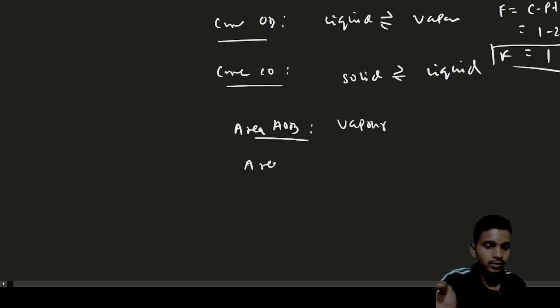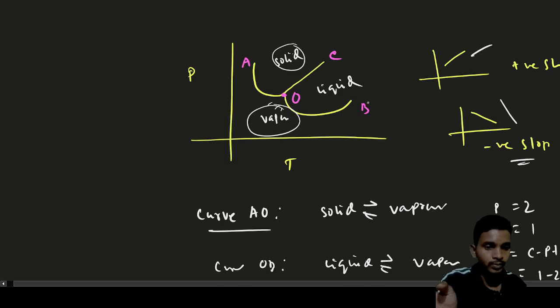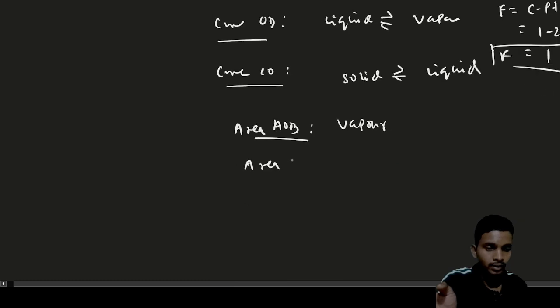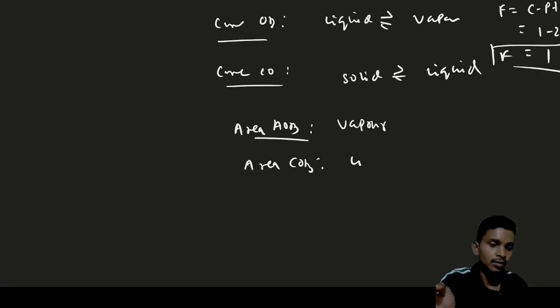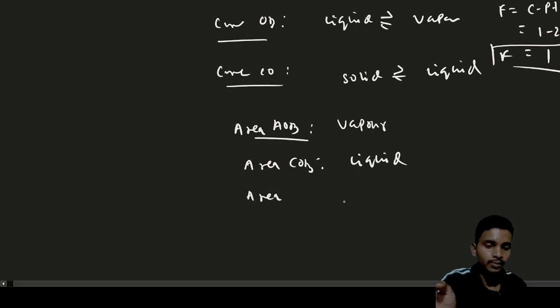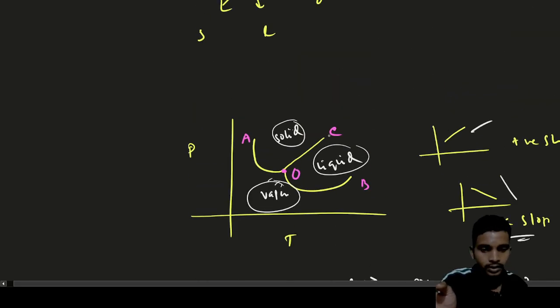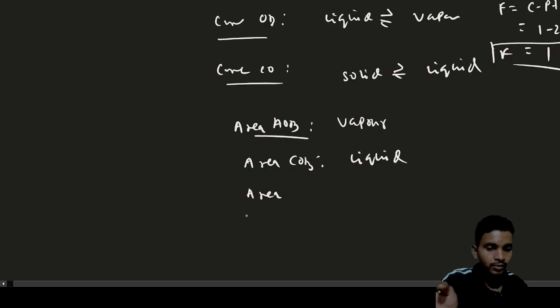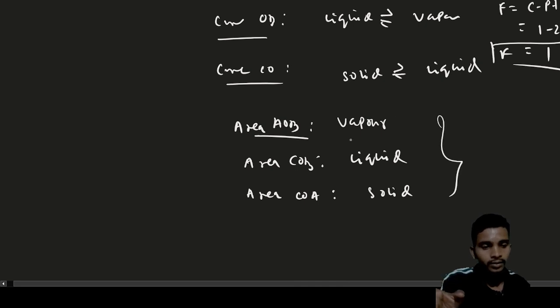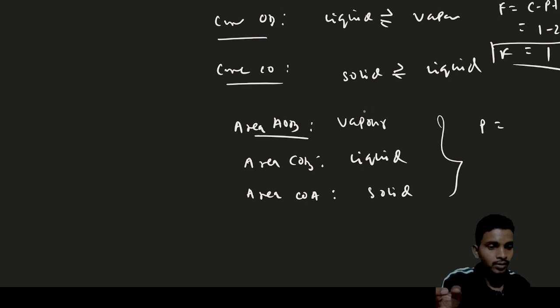Similarly, the area COB, only liquid is there. Similarly, the area COA, only solid is there. So here, only vapor is present, so the number of phases is 1, and